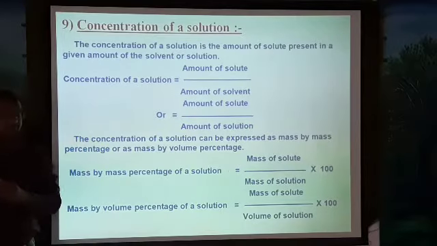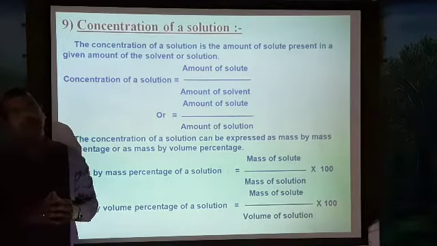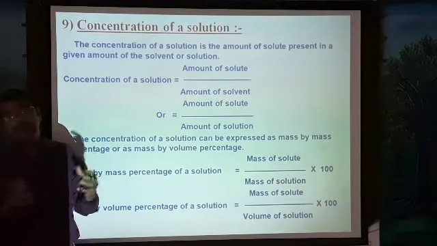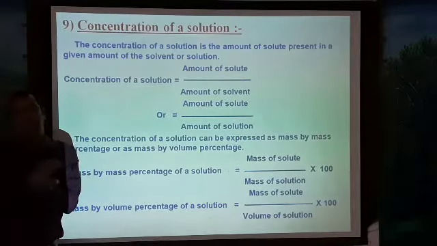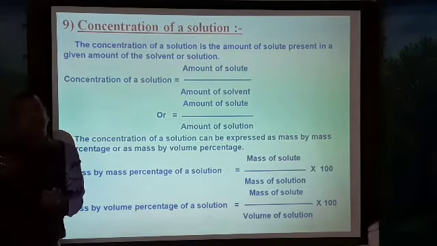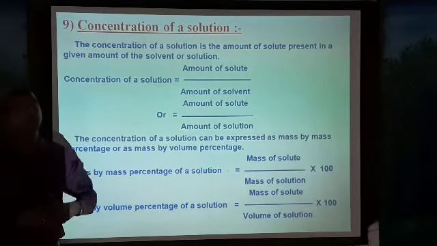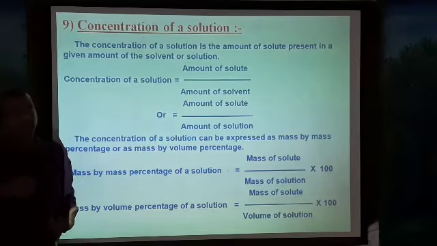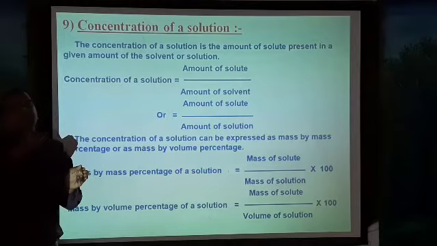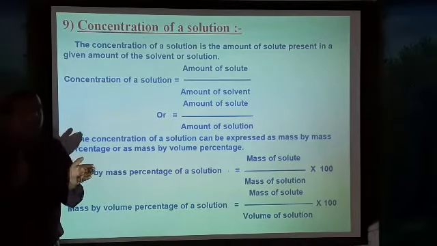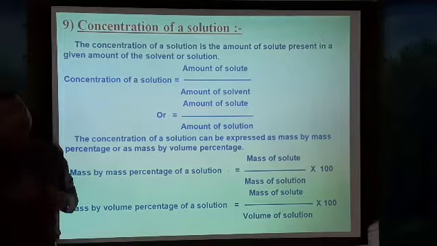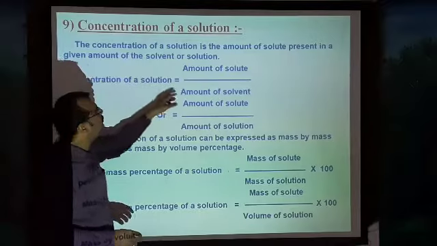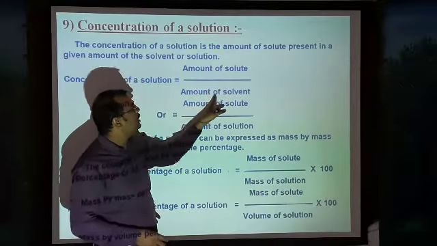So here if you take a glass of water and add 1 spoon of salt into that, you will get a salty taste. In case you add around 10 spoons of salt inside it, you will get more salty taste. When it becomes more salty, the solute has dissolved more in the solvent. How much solute is dissolved in the solvent decides the concentration of that particular solution. Here the concentration of solution is equal to the amount of solute divided by the amount of solvent.